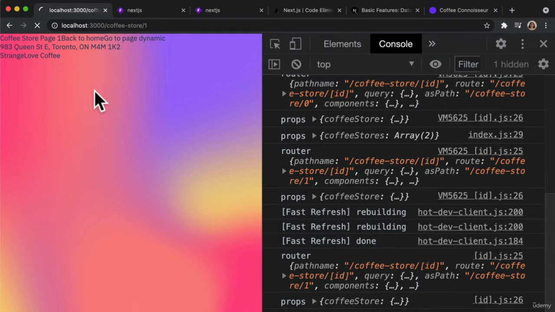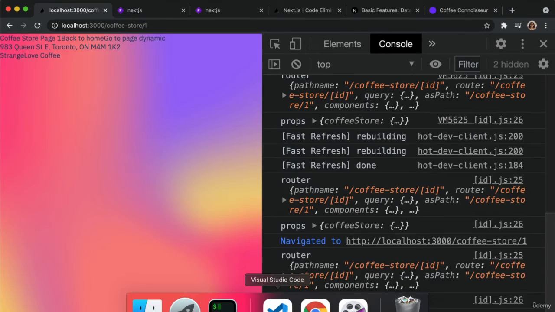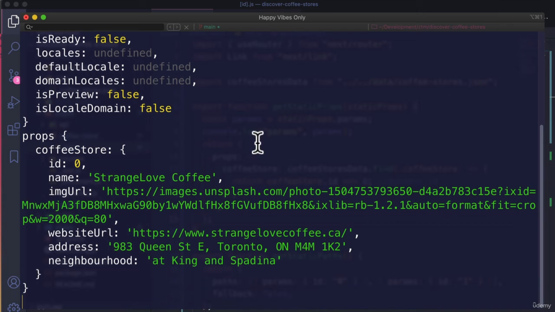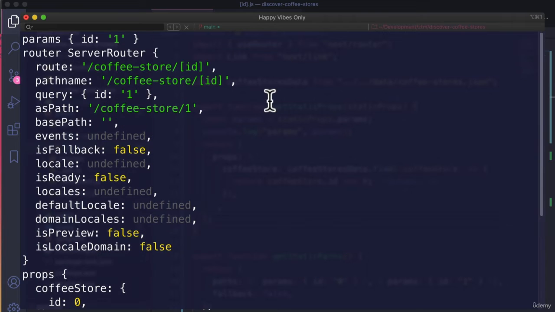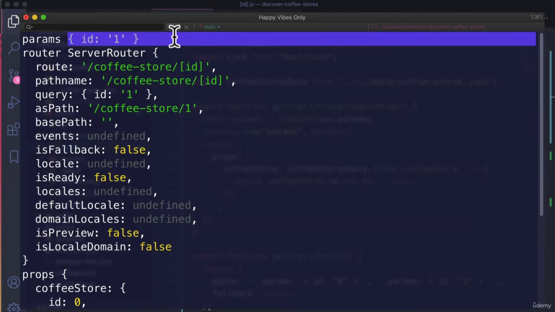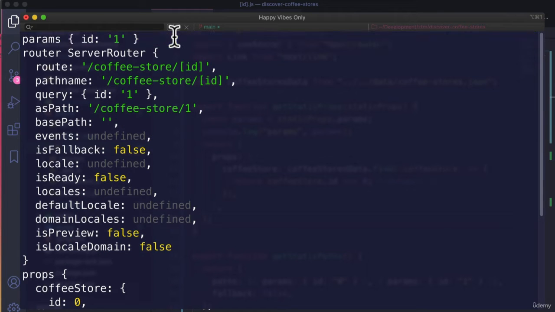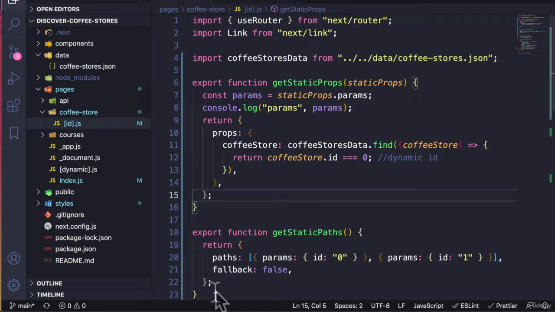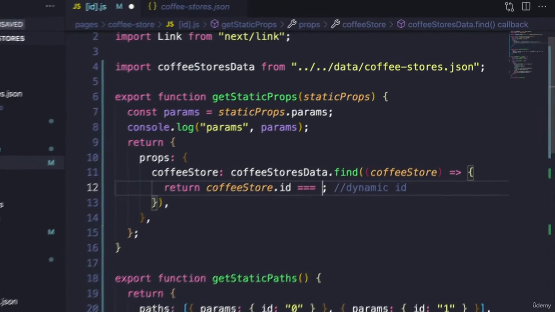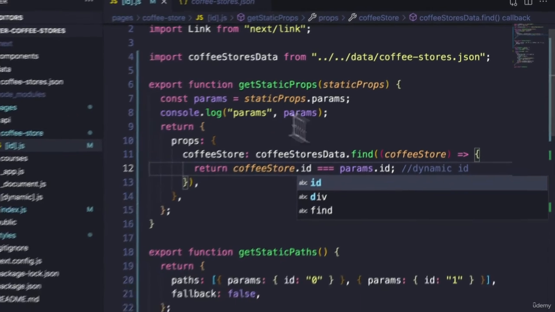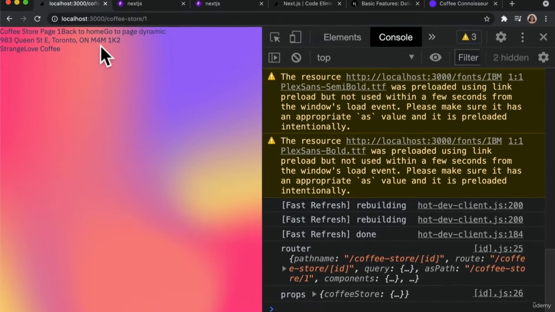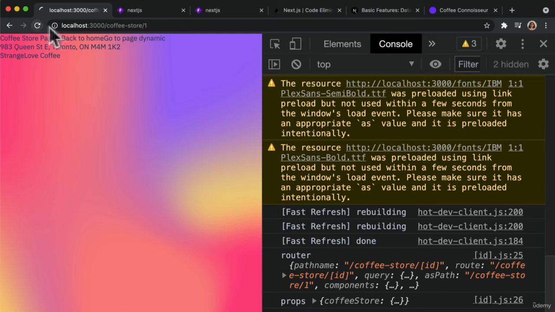Now let's refresh the page. And let's head over to the terminal, and you can see that params has an ID of 1. So we can just access params.id right here. So here we can say params.id and hit save. So let's go ahead and check it out. Now if you refresh again,